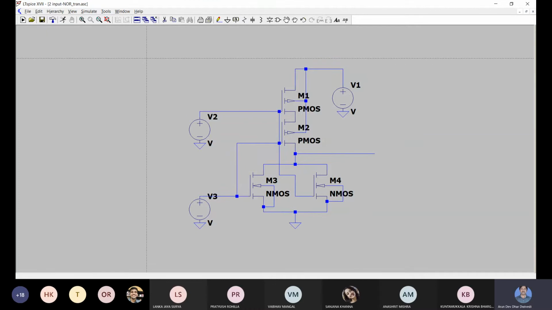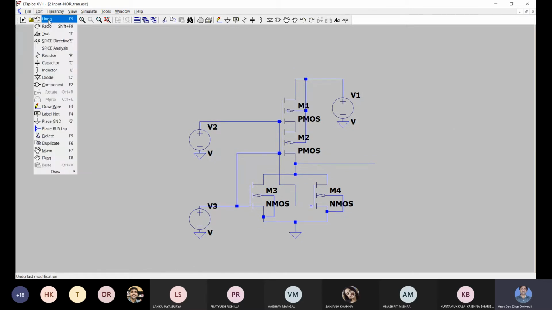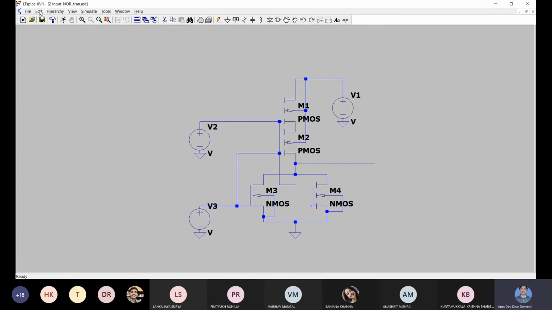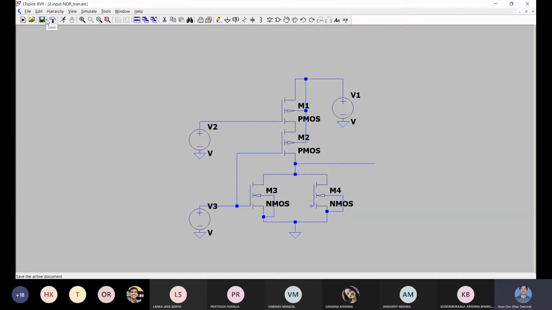Oh, it is wrong now because here it is connected. So undo, edit, undo. Okay.